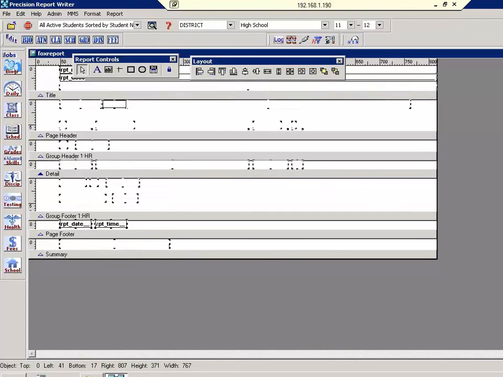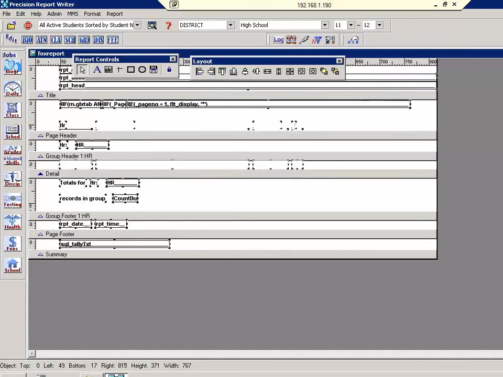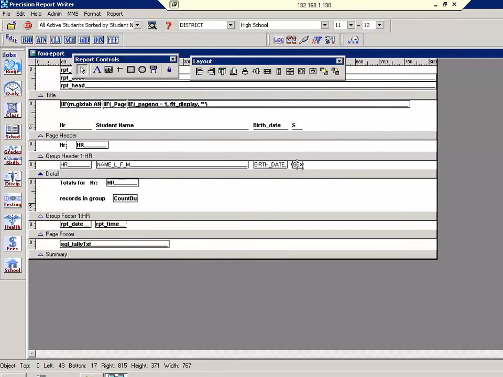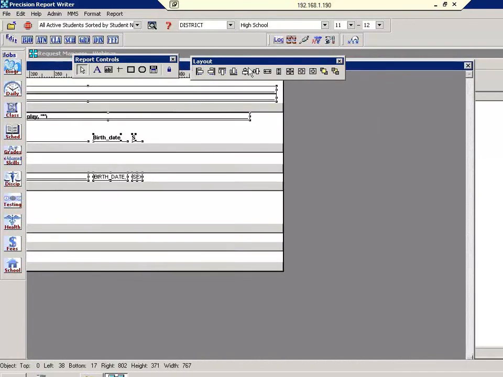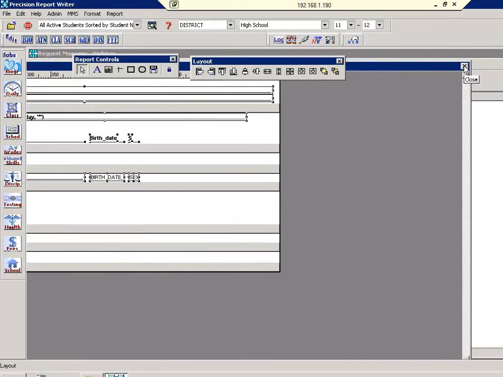You know, you might decide, oh, I moved it too far, or I didn't move it enough. Okay, so I moved the items over,